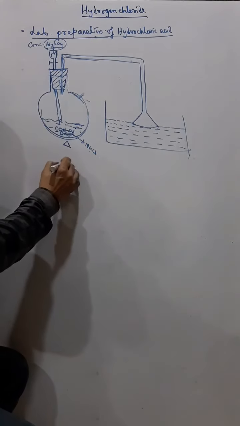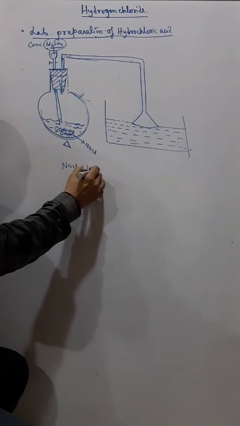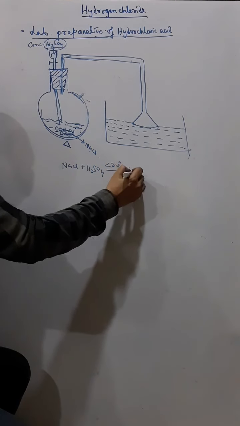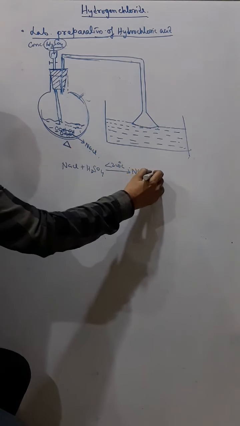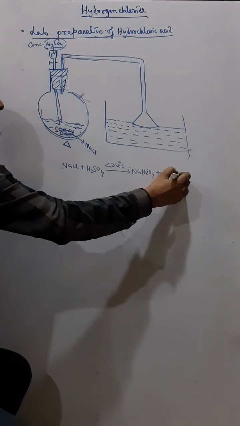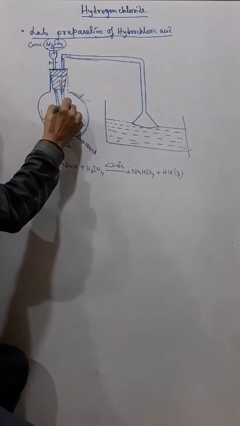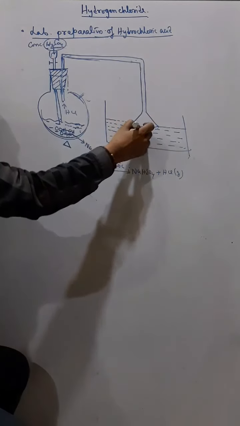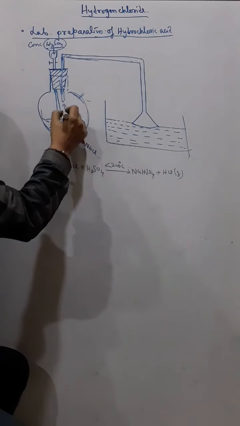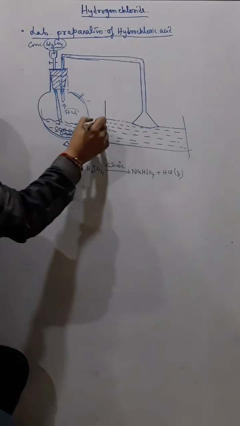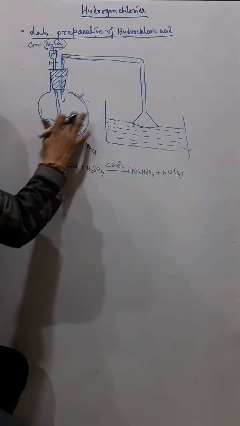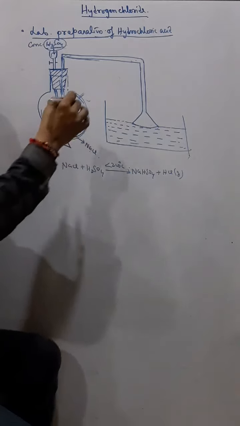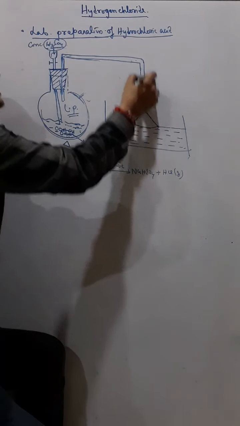The reaction starts. NaCl plus H2SO4, temperature below 200 degrees Celsius, you get NaHSO4 and HCl gas. So HCl gas is formed, it passes through here, and now also the HCl gas will dissolve very quickly, and when it dissolves very quickly, there will be a low pressure here. Okay, low pressure, no problem. And there also there will be a back suction.